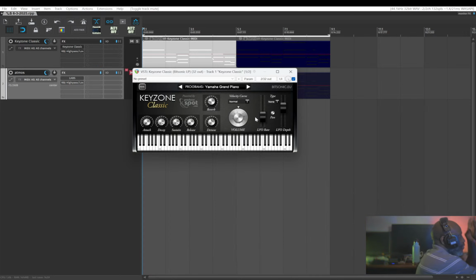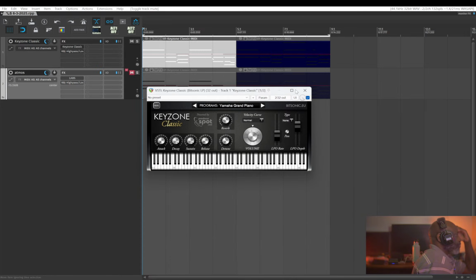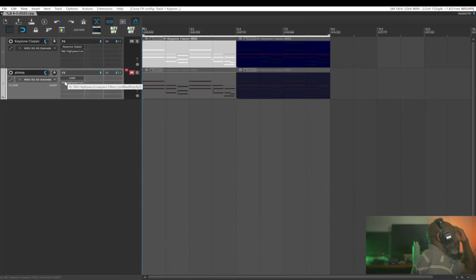But it's very simple, very lightweight, and very good sound for writing. So I like to use it to start like 98% of my beats when I'm writing, figuring out chord progressions and melodies. And then I might transfer the sound to different instruments or maybe try a different piano. But a lot of times you guys will see that I always use Keyzone for my piano. All right, for Labs,